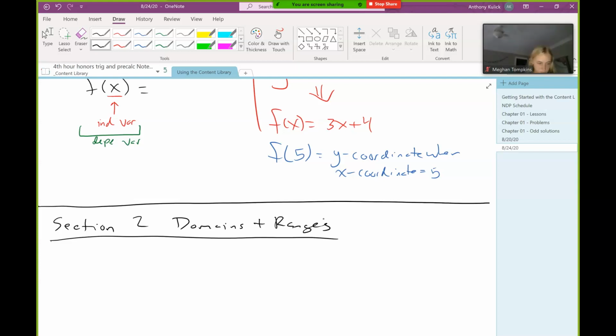Okay. Domains and ranges. Again, my expectation is hopefully that you spent a little bit of time last semester talking about domains and ranges, or a lot of time, depending on how you classify a lot versus a little. So, quick question for you guys. When you talked about domains and ranges last year, what form did you write your domains and ranges in? Did you use interval notation? Okay, for the most part, good. That's what we'll prefer to use here.